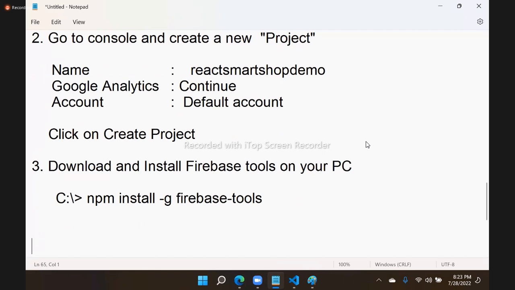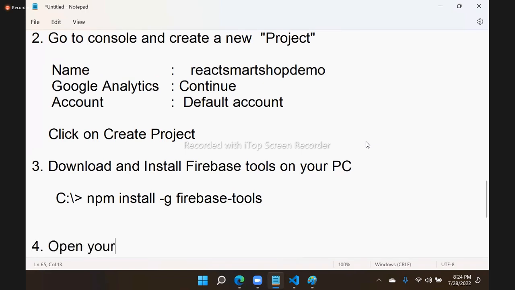Once the Firebase tools are installed successfully, then what you have to do is,